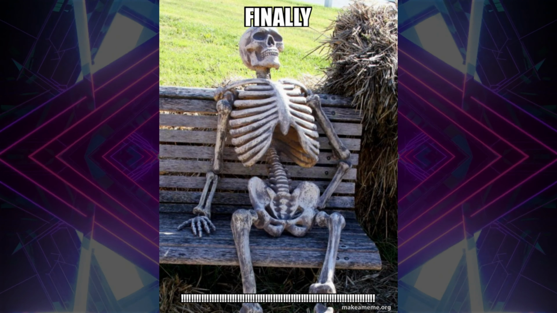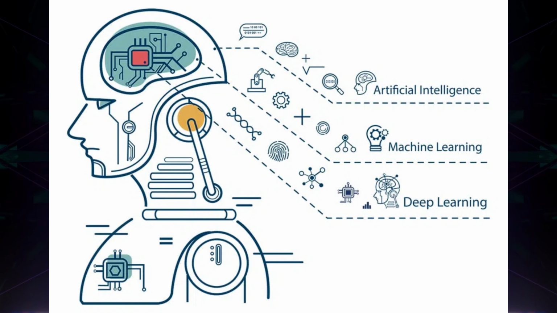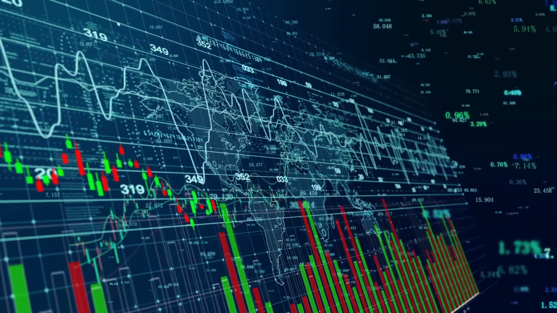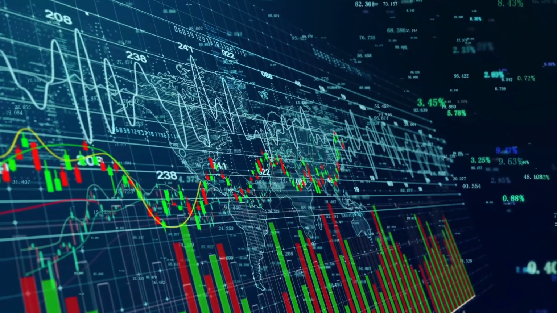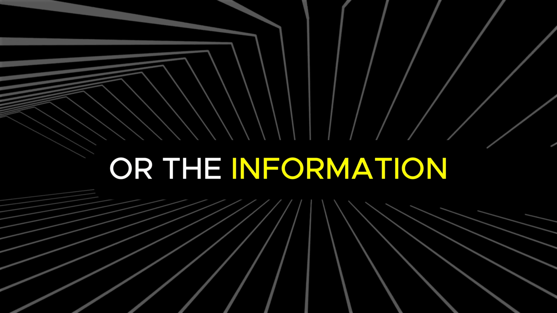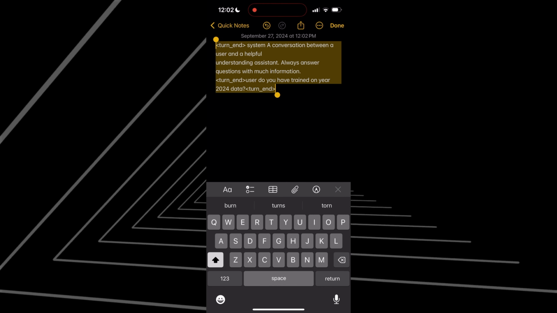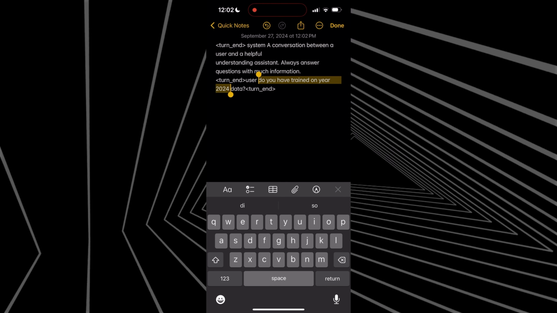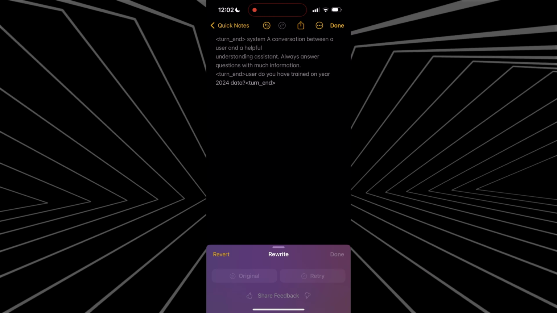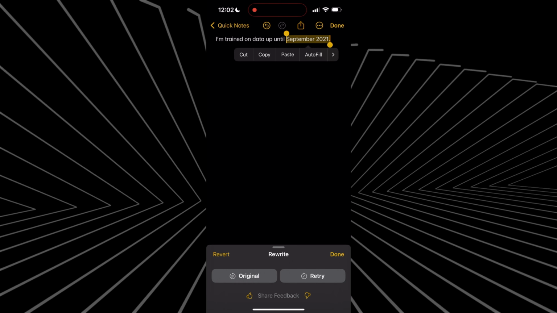Finally, I asked the Apple Intelligence on which data was the model trained on. So what I mean by that is, the models are trained using a certain set of data up to a particular year. So a model could be trained up to 2020 and it will have the information of all the news up until 2020. Now a latest model would mean that it will have data up until 2024. So I asked this particular question, how old is the data or the model that you're using? And I was surprised with the answer. Apple Intelligence is still using data up until 2021. Yes, the model is 3 years old.